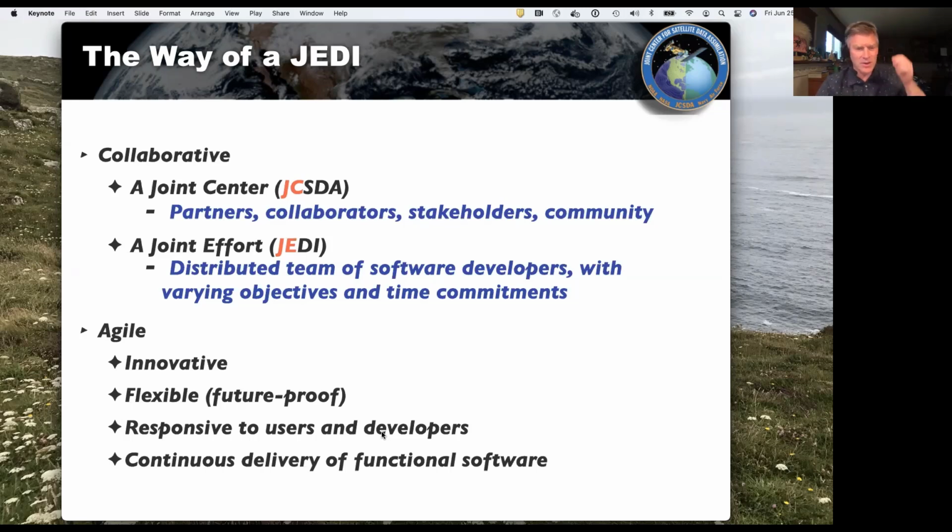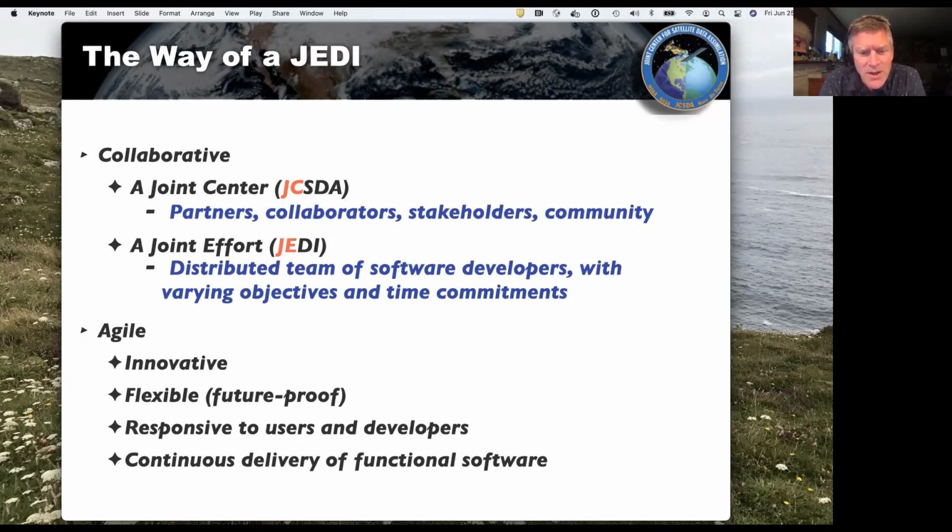Agile is usually contrasted with what's called the waterfall approach to project management. That waterfall approach is basically setting down a list of requirements. The team works with stakeholders to have this list of requirements, and then the team comes back a year or two later and says, here's your product. But that's not how Agile approaches work.